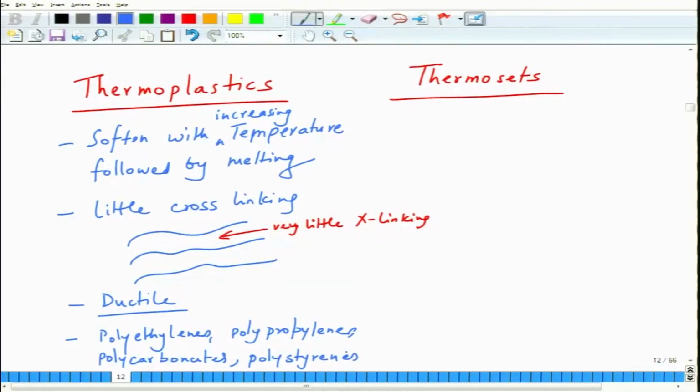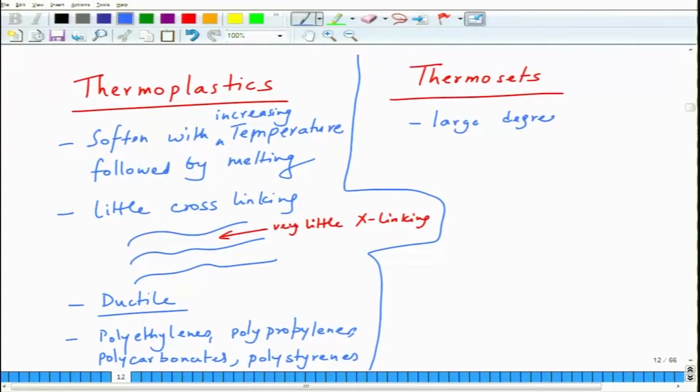You will see typically the name is poly, right. So, it's like many ethylene molecules, many propylene molecules, many carbonates, many styrenes put together. Okay. So, this is the category which is called the thermoplastics. Thermosets, on the other hand, have a behavior where they have very large cross linking,